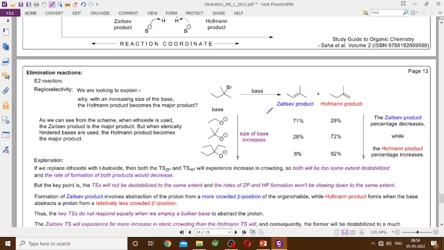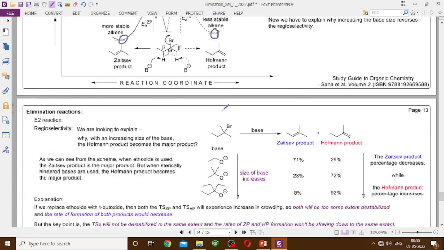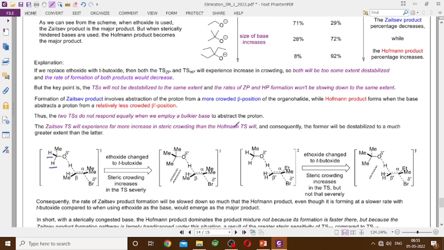Unfortunately, looking at only this carbon-carbon partly formed double bond, that is not sufficient. If the base is smaller in size like ethoxide, then this factor only determines যে কোনটা কোন ট্রানজিশন স্টেটটা more stable হবে। But if I am to increase the base size, look at this. This is a Zaitsev transition state with sodium ethoxide. But if I am to replace these two hydrogens with two ethoxide so that I can get the tertiary butoxide